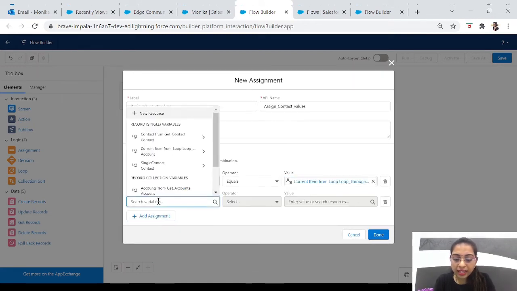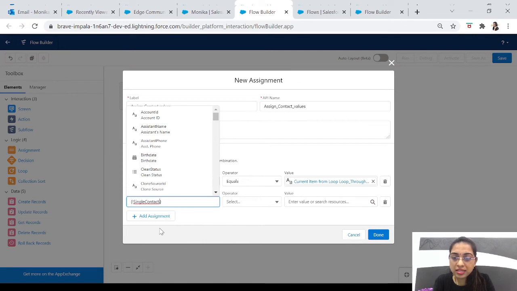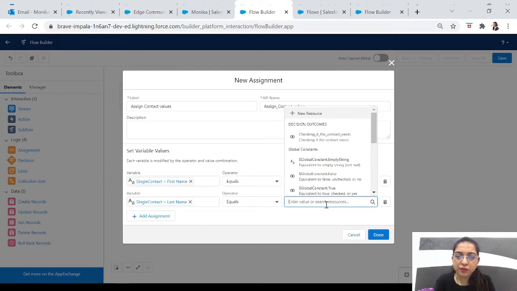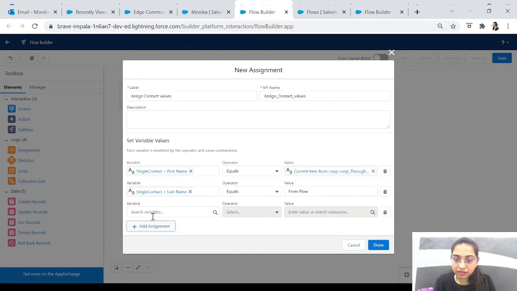And let's say for the second, single contact dot last name. In last name we'll add something like manually created from flow, so that we can understand it is created from our flow. Let's write it here. And the last but not the least, account ID.